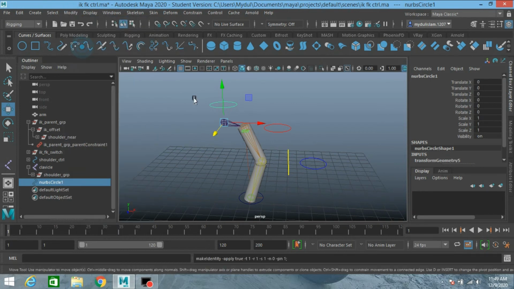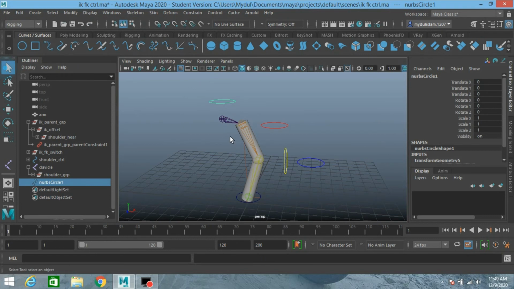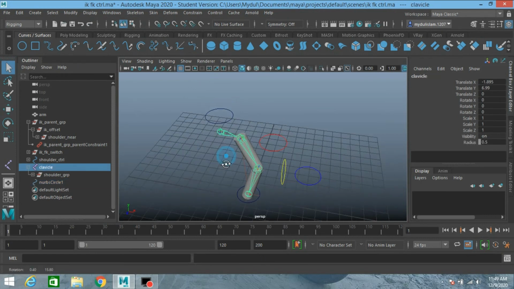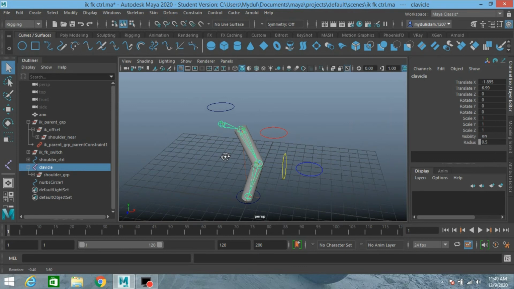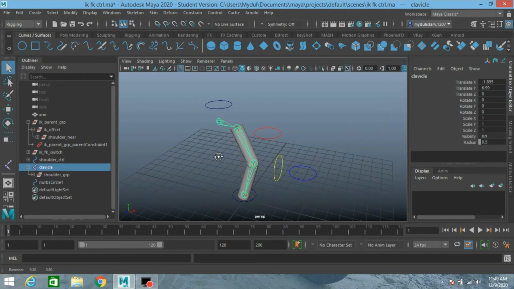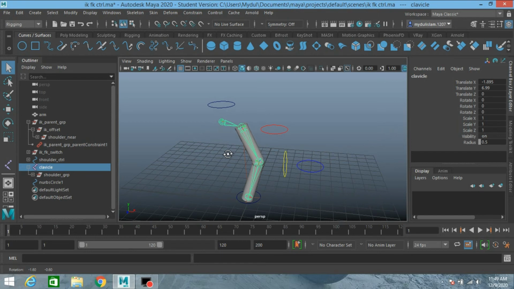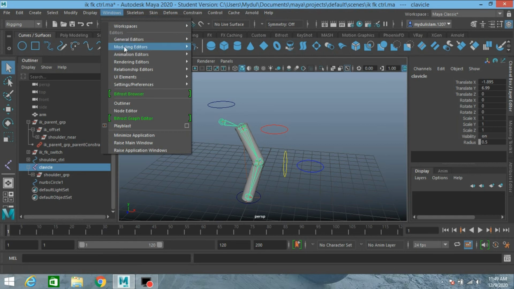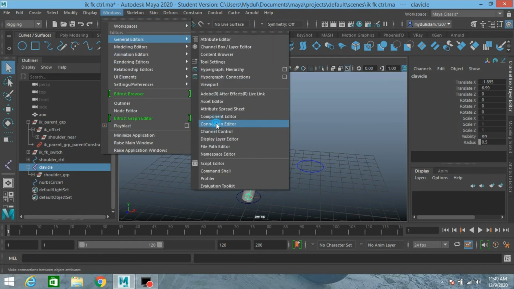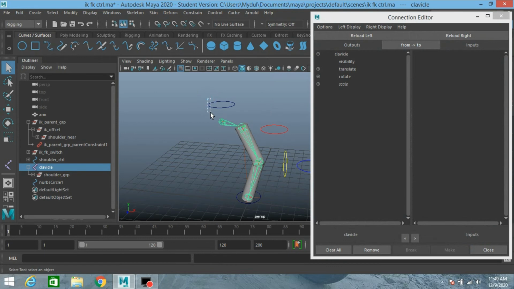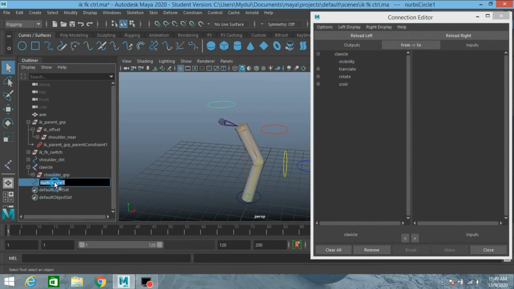Modify, freeze transformation. Now again go to Windows, General Editor, Connection Editor. Rename it as clavicle controller, CTRL.